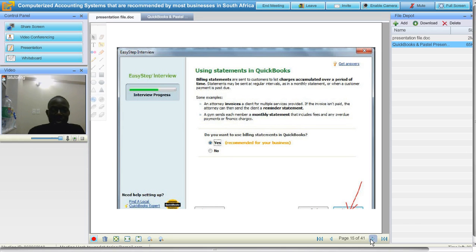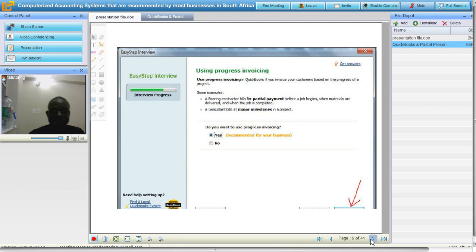So you can send statements periodically, maybe after 30 days or after 60 days, depending on your company strategies and policies. If a company does statements, like Tax Sharing Service, you click yes, then click next.